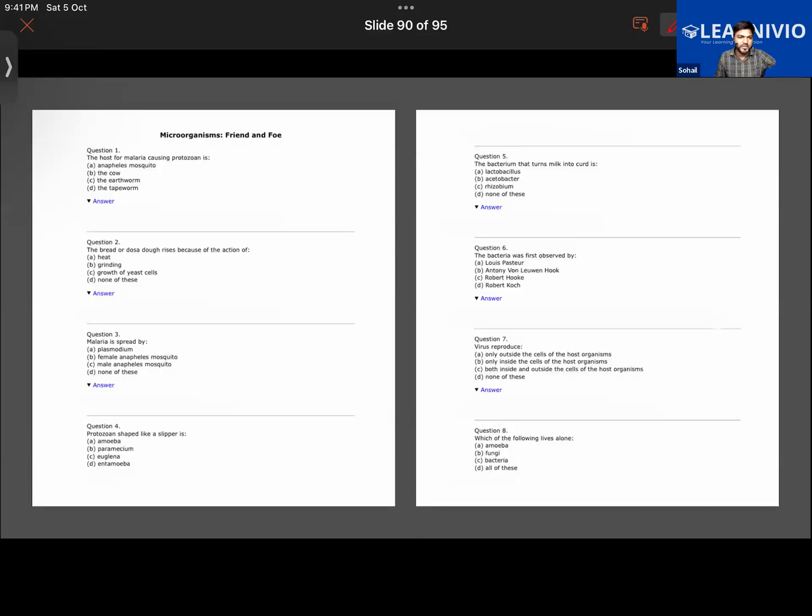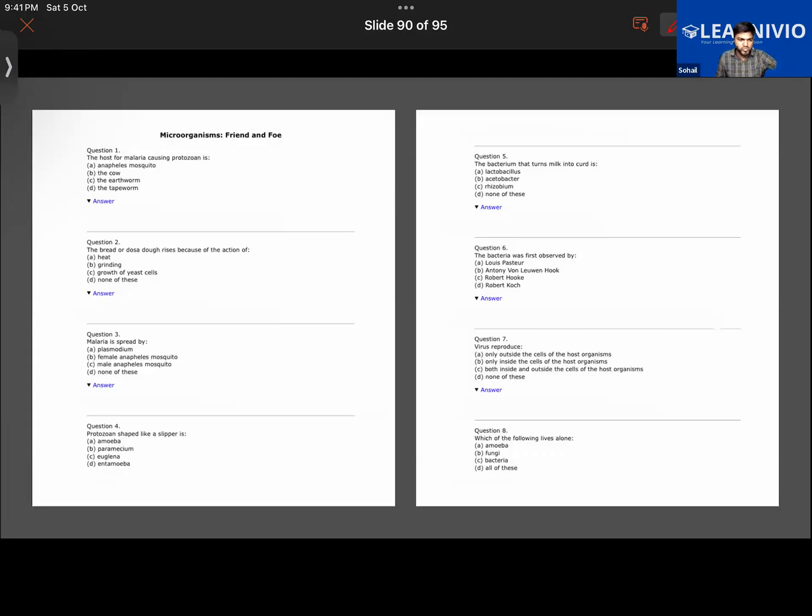Okay, all right. Let's do these questions. The host for the malaria-causing protozoa is the female Anopheles mosquito. Next, the bread or dosa dough rises because of the growth of yeast cells. Good. Next, malaria spread by